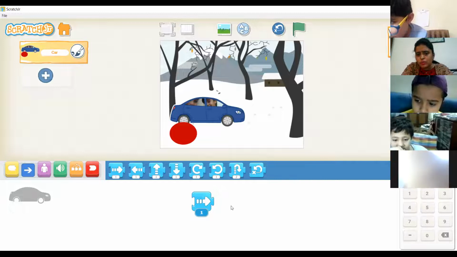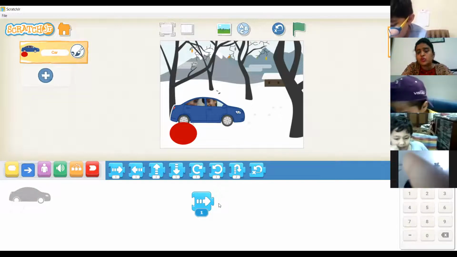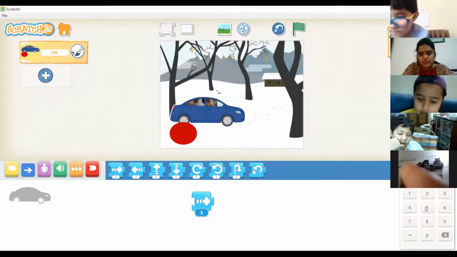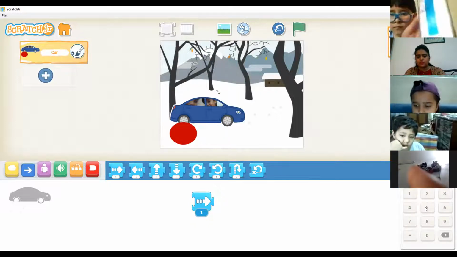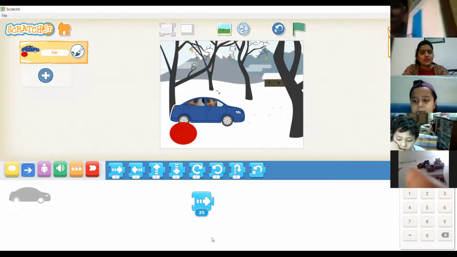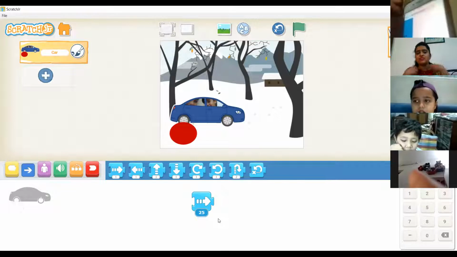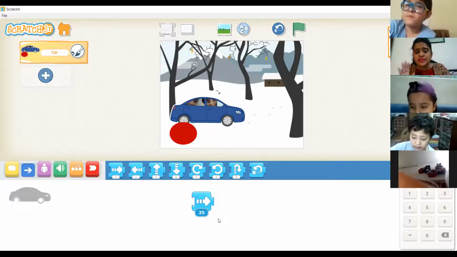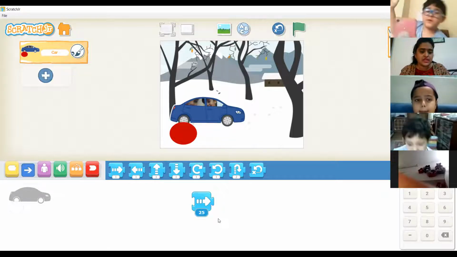So I want to make this car move to the right 25 steps. So I'll click 25 here. Can you see that? Okay, so according to this instruction, I have given instructions to the car to move 25 steps to the right.